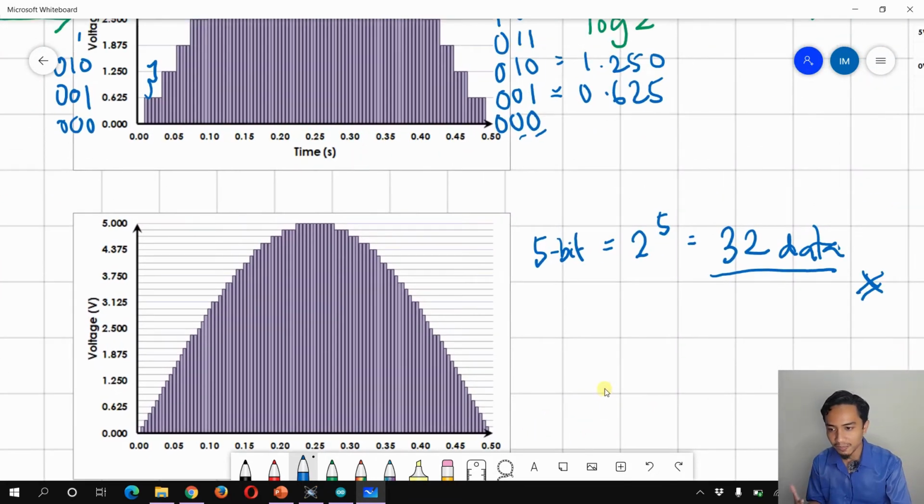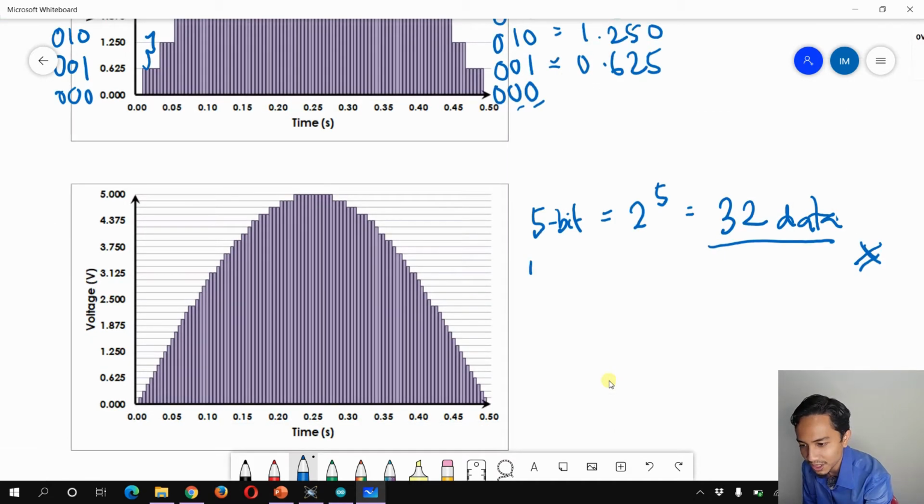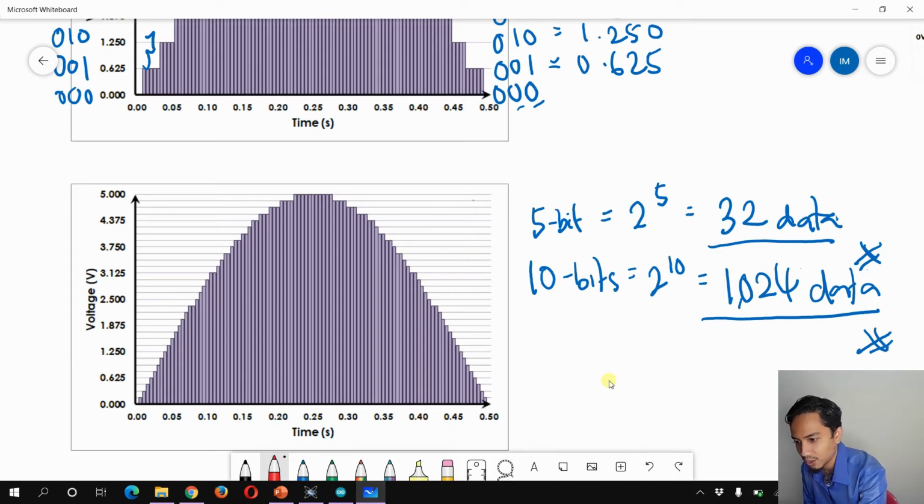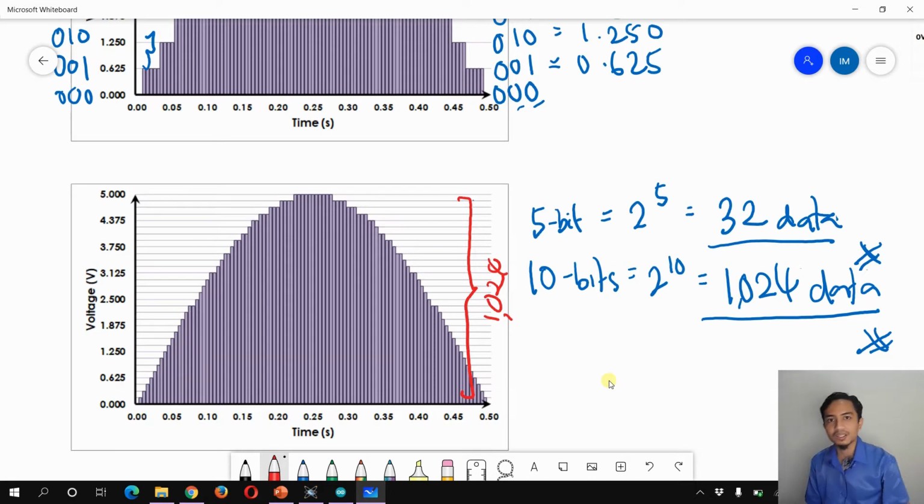for example, if we have 10 bits, we have 2 to the power of 10, which equals 1024 data, which means that in between 5 to 0 volts here, there are 1024 data. That's why it can become a smoother curve than the previous values, and this is also why